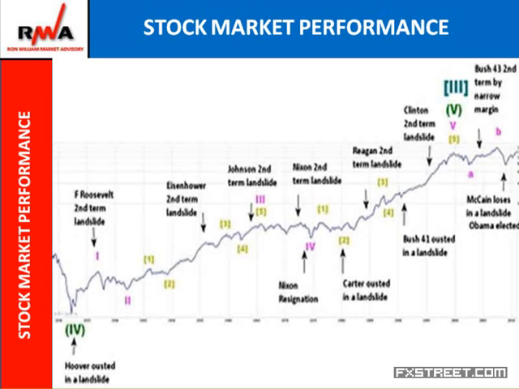That's after we get the 2002 correction from the tech bubble. And then McCain loses in a landslide to Obama, and of course, that was right at the bottom of the market. So Obama managed to reign on the bottom of the market, which later on led to a 3-year bull market. Is that clear to everyone?